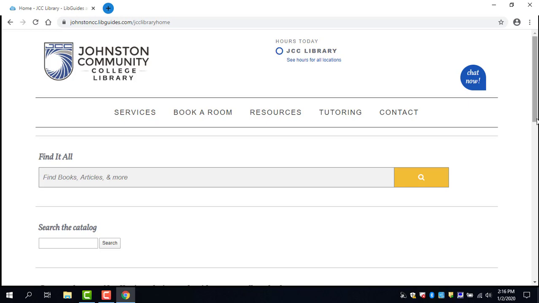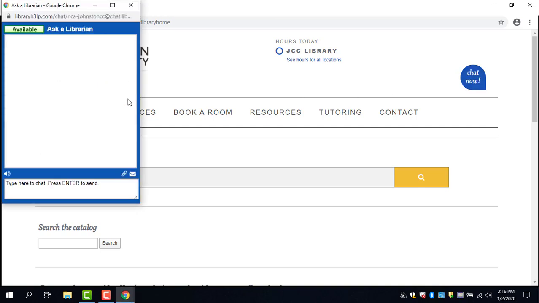This is where you will be able to access many of our different services, as well as chat with a librarian online if you needed something when you're away from campus. You can do that through this Chat Now button, and when you click it, this little window appears. You just ask your question,